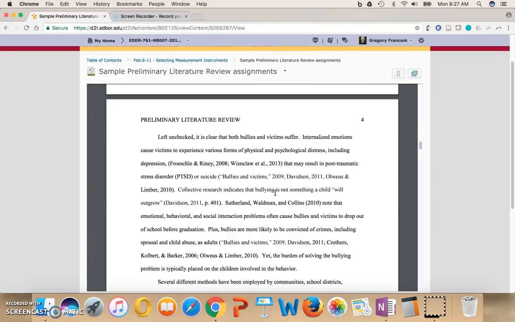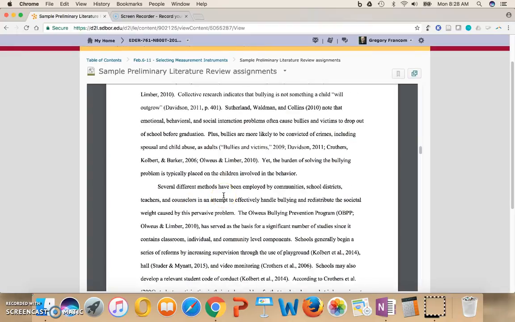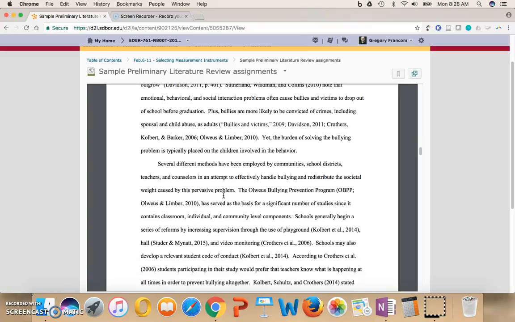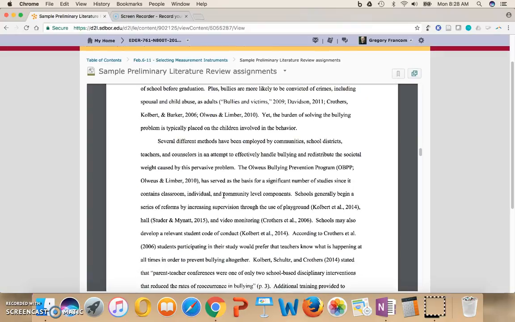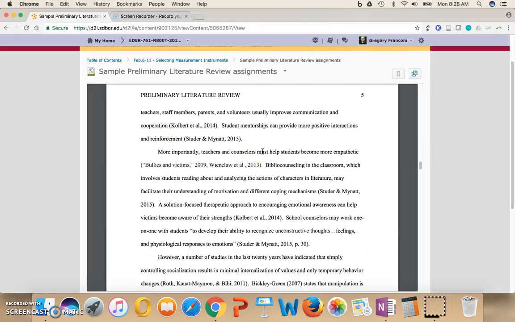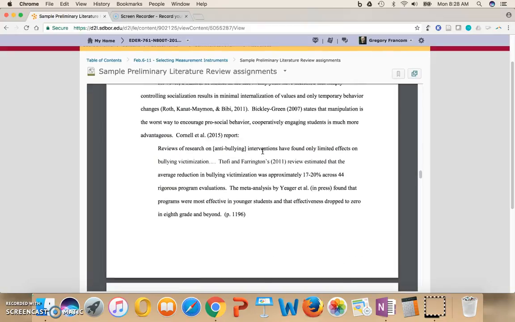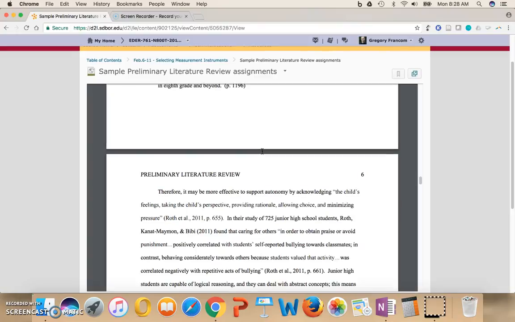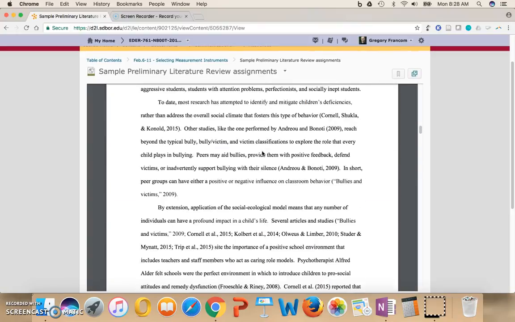And so it really does flow logically in that it talks about bullying overall as a general problem, and then it talks about the studies that have gone into bullying, and it discusses a specific solution to bullying, which is the OLWEUS bullying prevention program, as well as art therapy, and that's the focus of the study. A good preliminary literature review and a good literature review will go from general to specific, meaning